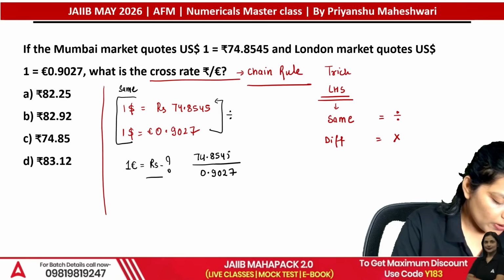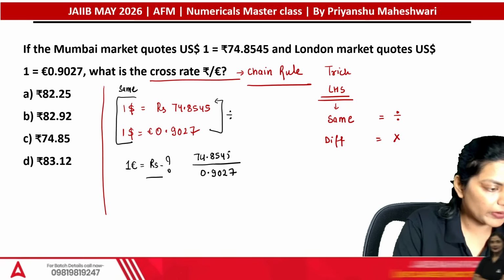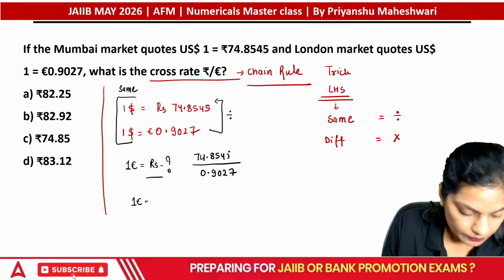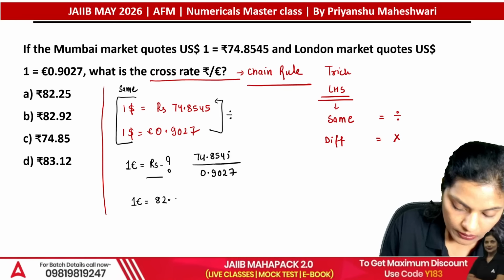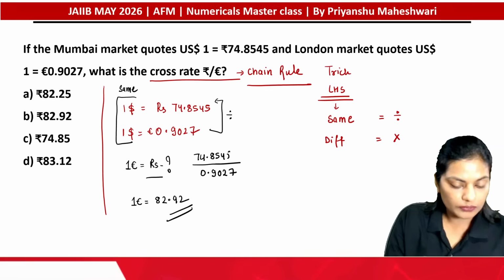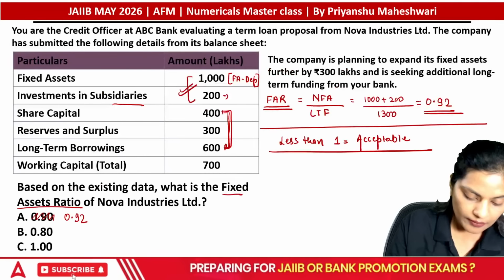74.8545 divided by 0.9027. So, it is 82.92. Correct? Then,